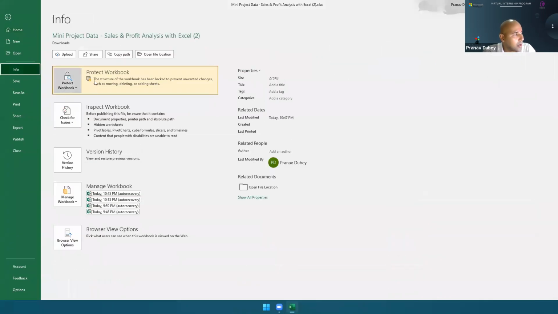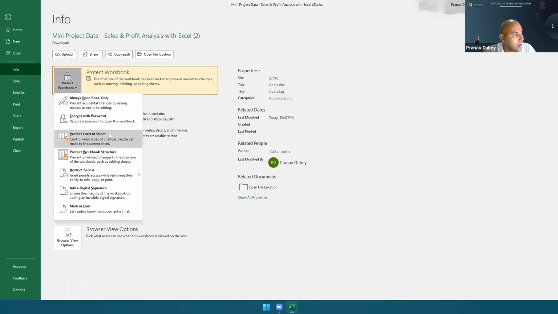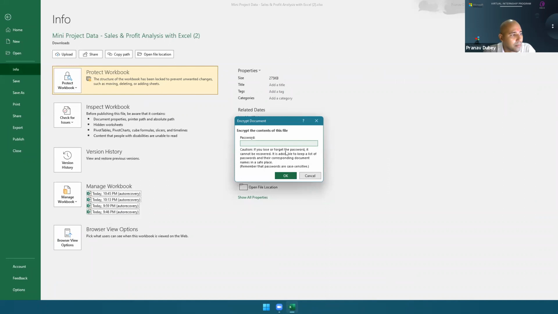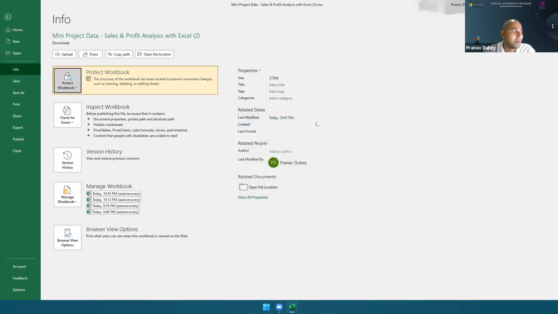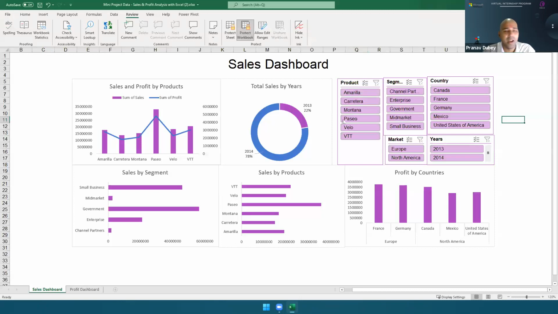In Info, we have the Protect Workbook option. So in Protect Workbook, you can encrypt with password. So once you do this, I will not add this password right now, but once you do this and save, nobody will be able to open this file and look at anything unless a password is entered. So you can try that also, if you want. But here I am just focused on protecting the workbook structure.